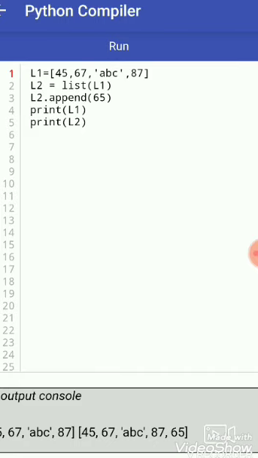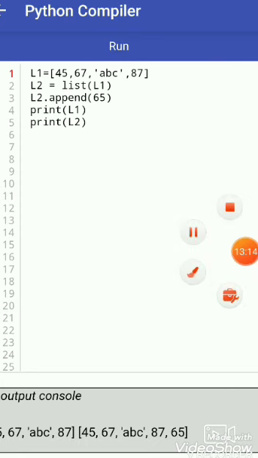The list.copy function worked on the laptop or desktop version, but it is not working in our Python compiler. There are more methods to create a copy or clone of our list: the slice method and the list function. We can also use copy.copy by importing copy. I think this is sufficient for us to know, but if you want more, I will give more information in the next videos when we revise this chapter again.